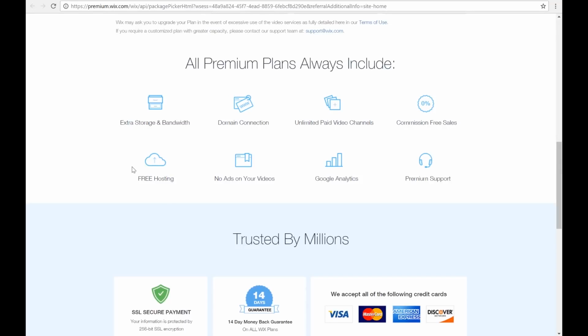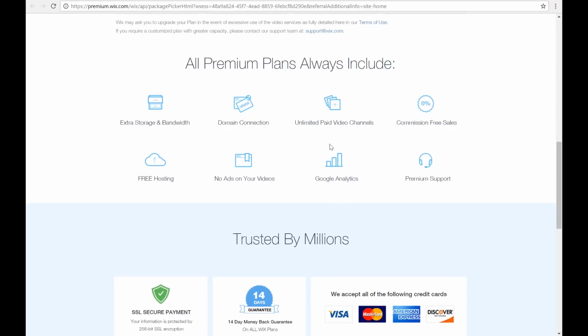Hosting is basically how your website stays on the internet, and there's a few hosting firms that you can go with. A few that I know: GoDaddy, BigWetFish.com. They are very good as well, but with Wix you don't need to connect to hosting with an outside company. You just use the Wix.com free hosting, no ads on your videos.